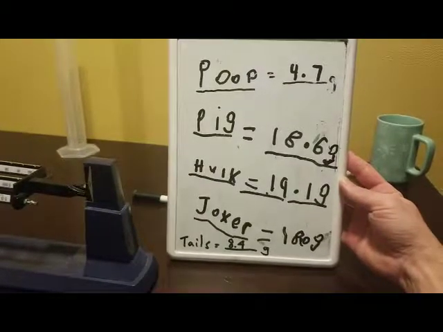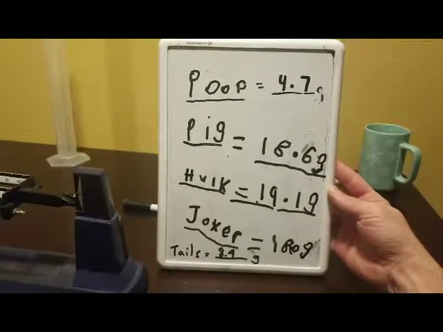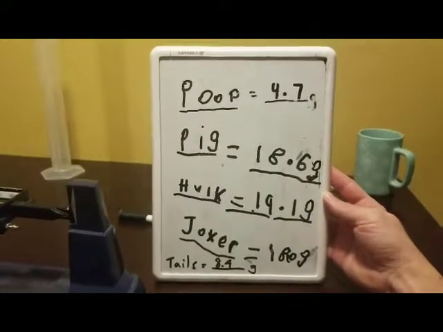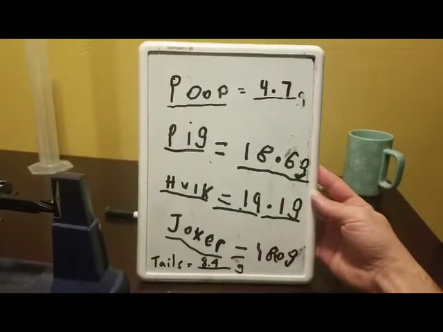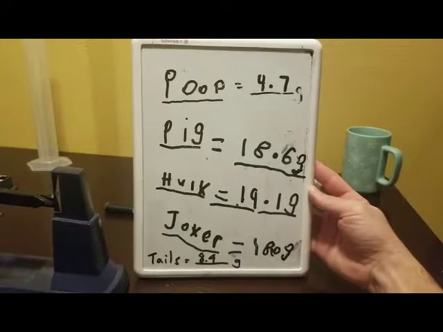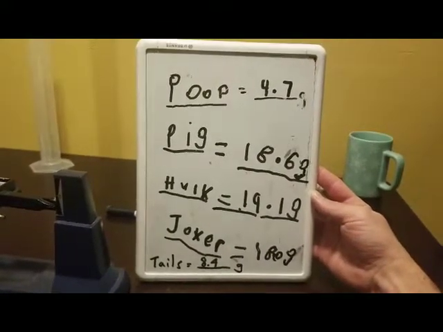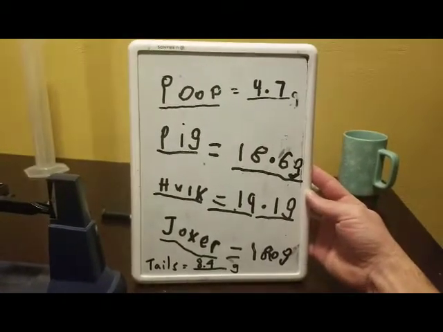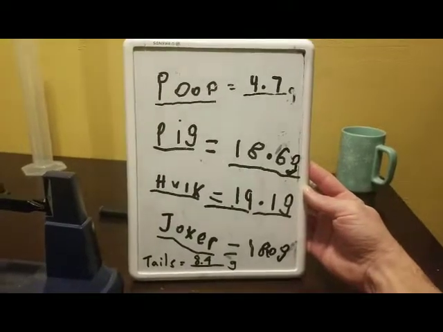Poop, pig, and tail sink. I tried all of them already and put them in the water. So if you're a little bit older and watching this, if you know the equation for density, which I always tell the kids, think of a broken heart, and then make like a horizontal incision through the heart, and then you'll get D equals M over V. So you can see, just because the mass is different, doesn't necessarily mean that the density